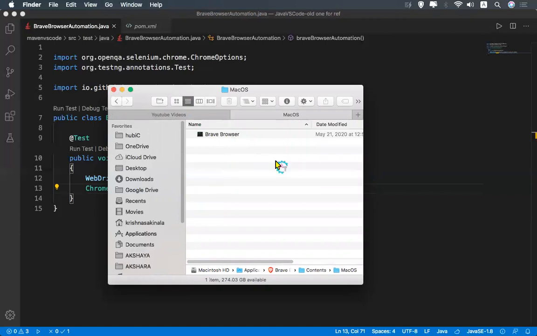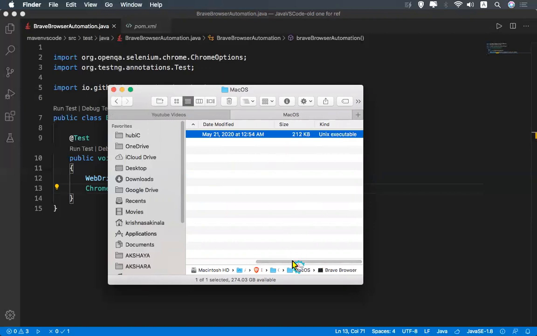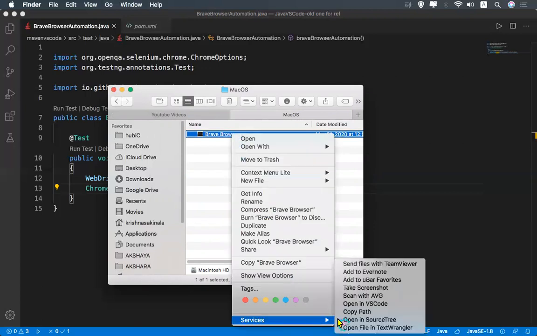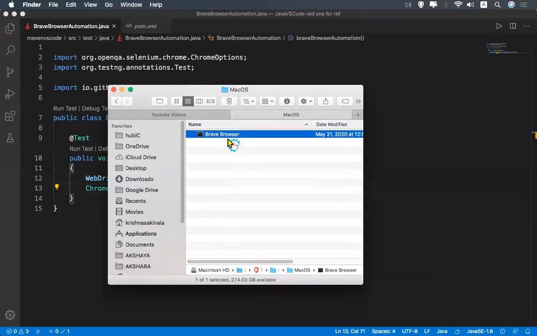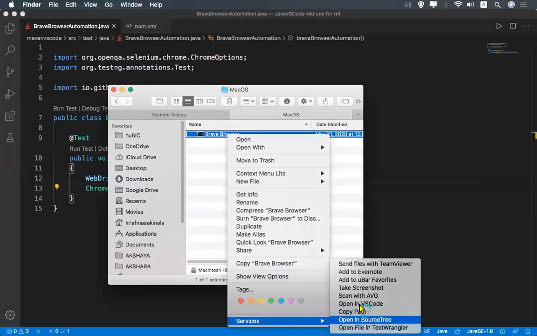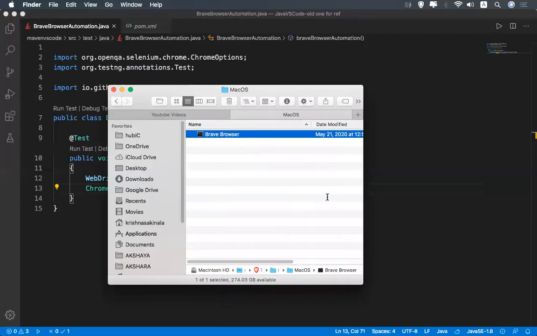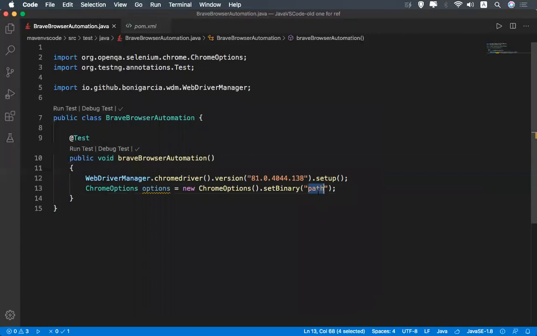Here you'll see Brave Browser, the Unix executable. You need to take the path of this one. I'll right click, copy path, and come here and put the path here. You see that? Applications, Brave Browser.app, Contents, MacOS, Brave Browser. So you need to take this path.